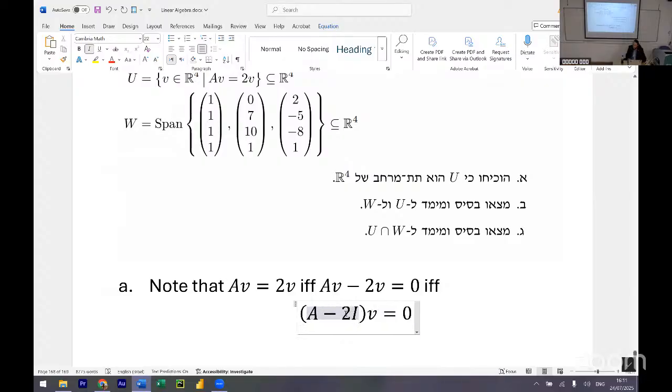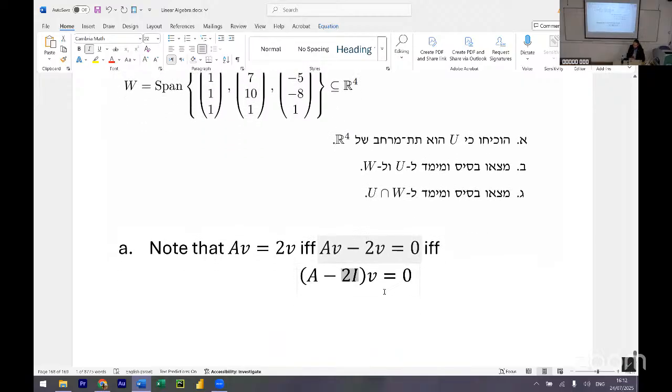So sometimes students just leave 2 here. That is nonsense. Why? What is A? A matrix, and 2 is a scalar. That doesn't make any sense. You cannot do operations between them. But A minus 2I does make sense. But who promises me that it works? Because when I use the distribution law, A times V is AV. And what is 2 times I times V? What is IV? Simply V, because I is the unit matrix.